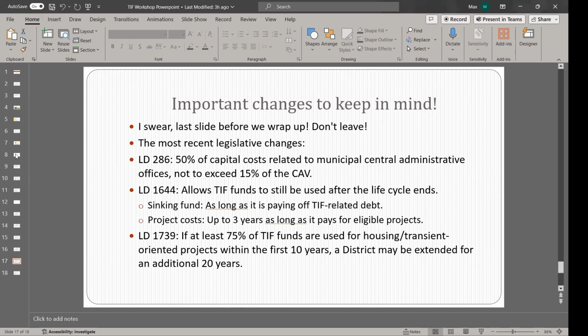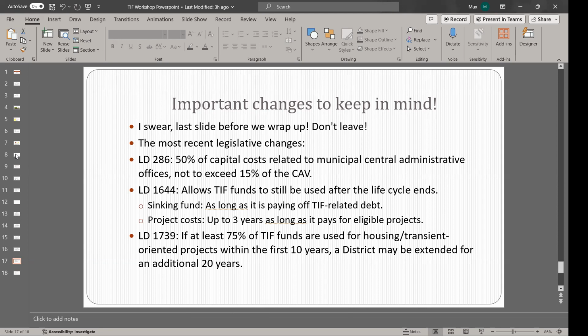Obviously, the state wanted to pass this to try and encourage more affordable housing projects. You do not have to do this if you do not want to, but you get a bonus 10 years. You get 10 years, as long as you dedicate 10 years for housing projects or public transportation related projects. You get an additional 10 years for whatever you want. It could be housing. It could be economic development. As long as it's an eligible project, you get that bonus 10 years. It's 20 total, but you have to have the first 10 years dedicated to housing, and then the life cycle ends at the 50th year.